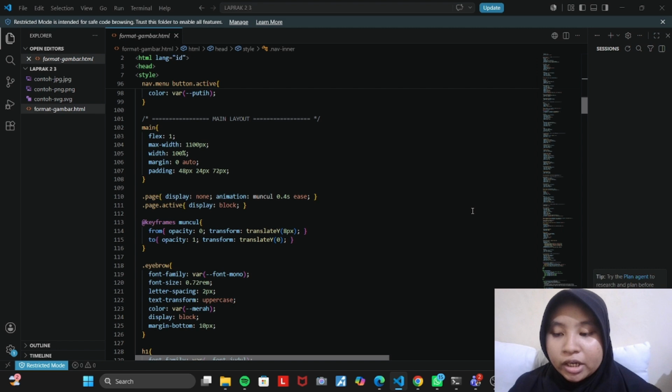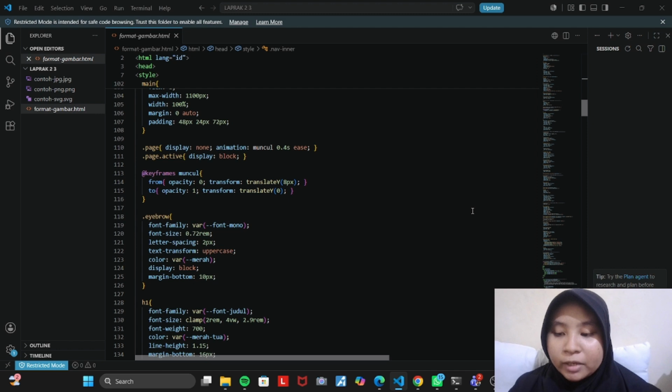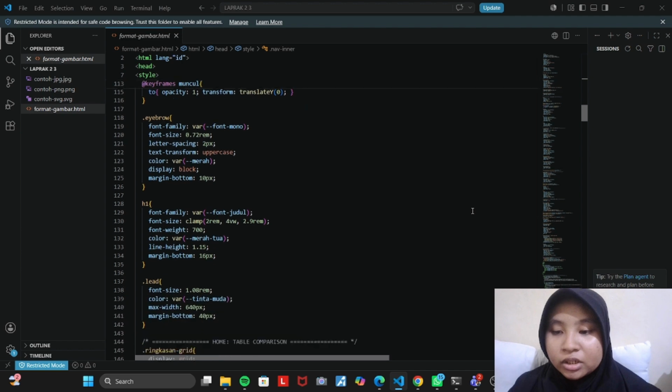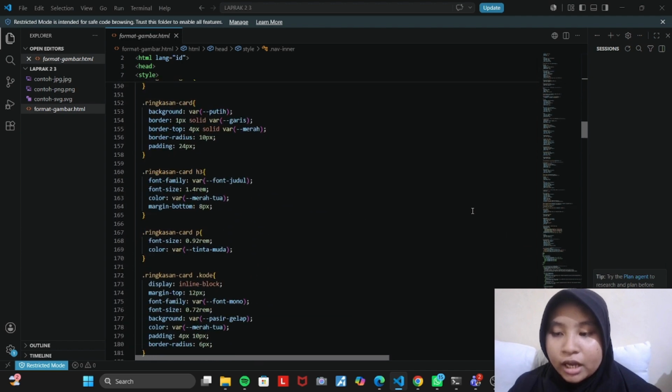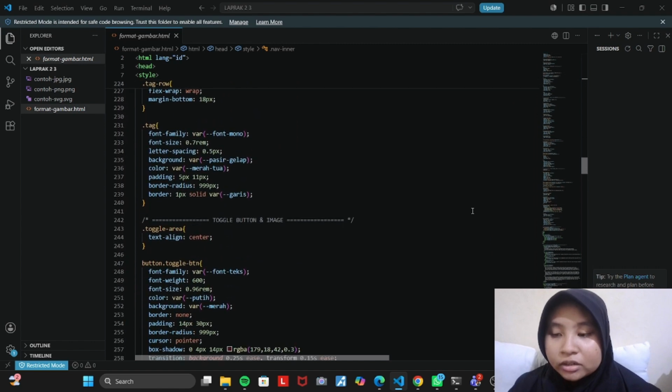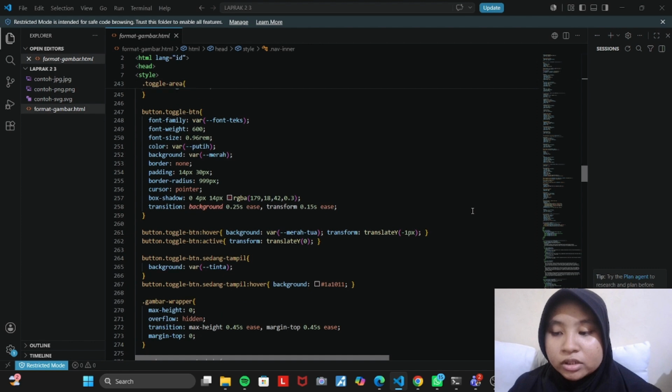After that, there is a general explanation section that describes the character of each image format. Then there are three separate pages for PNG, JPG, and SVG. Each page contains a title, a short explanation, and a button to display or hide a sample image. The images are stored as separate files and displayed using the img element. Finally, at the bottom of the page, there is a footer that displays my name and course information.